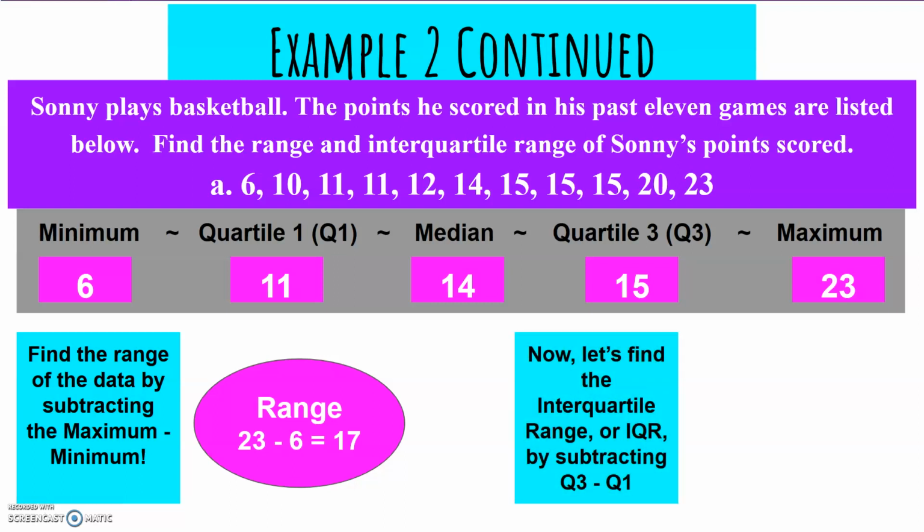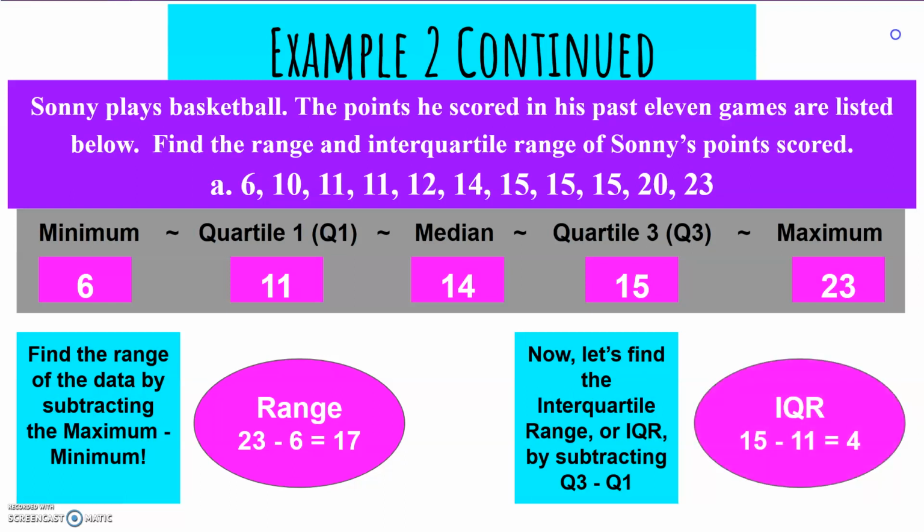Now the interquartile range, or IQR, is found by subtracting our quartiles. Inter meaning between, and quartile, of course, meaning quarters. So between the two other medians we have, 11 and 15, subtract those to get our IQR, which is 4. That means half of his score totals were between those 2 points